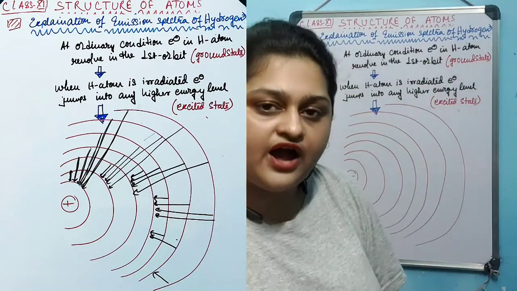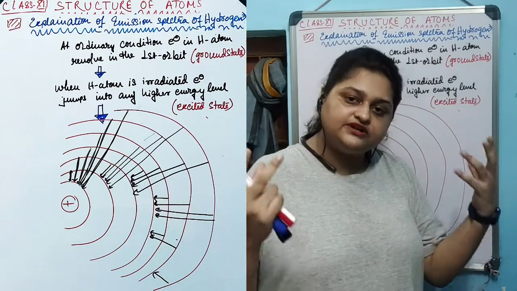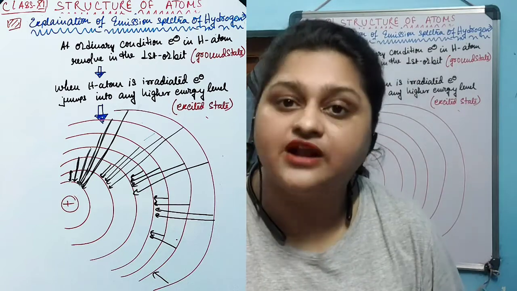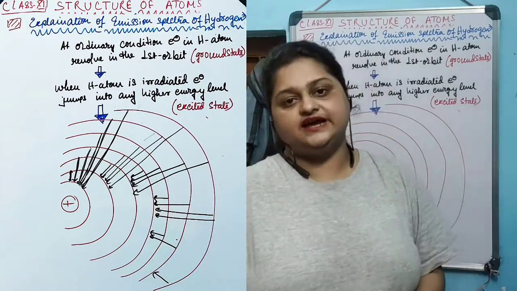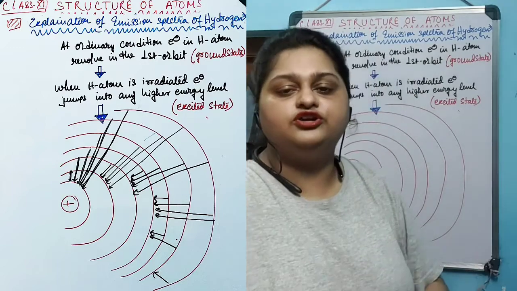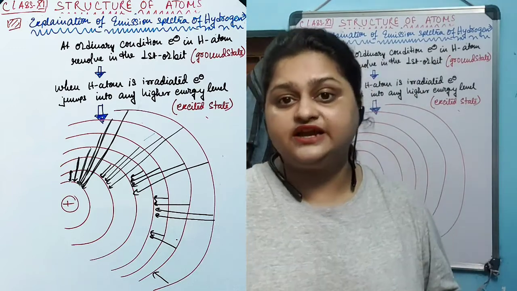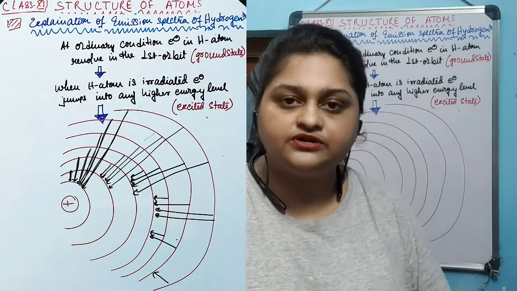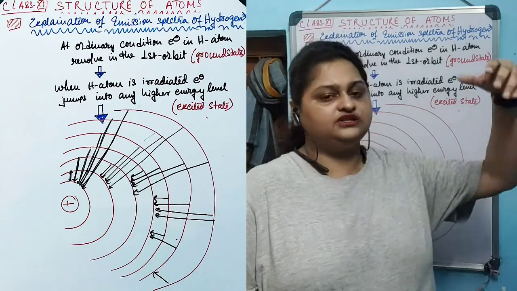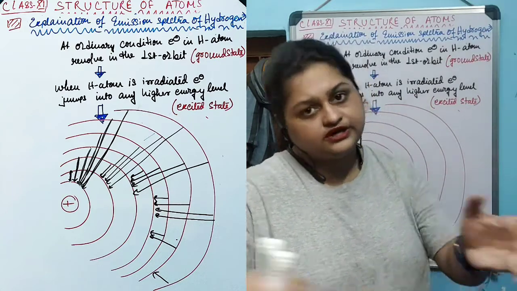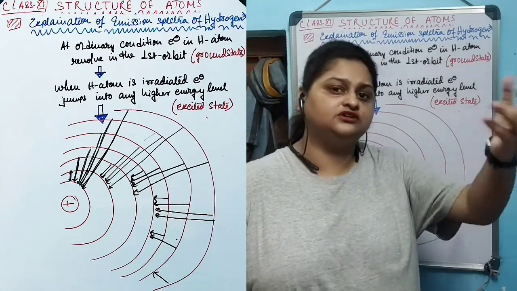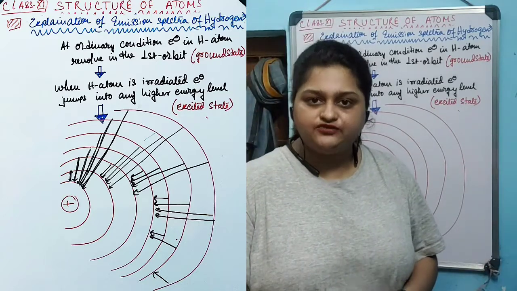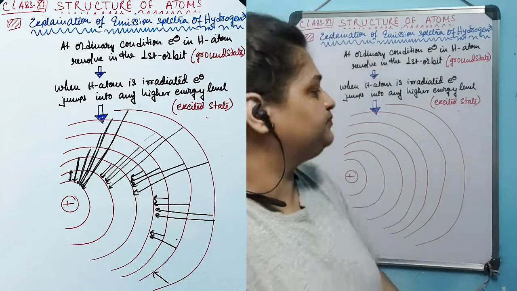Now, in a bubble of hydrogen, there are a certain number of hydrogen atoms in which the electron is residing in its ground state, that is the first energy level, and there are a certain number of atoms in which the electron is in higher excited states, like the second energy state for certain hydrogen atoms, the third for others, and so on. You can find all possible states for hydrogen atoms in a bubble of hydrogen.